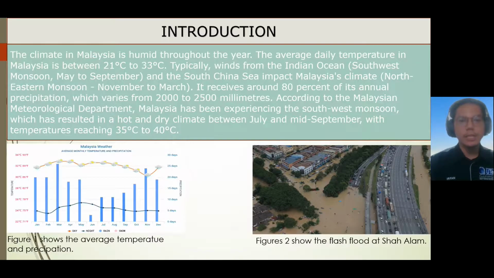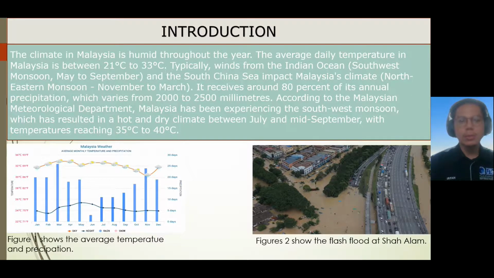Introduction. The climate in Malaysia is humid throughout the year. The average daily temperature in Malaysia is between 21 Celsius to 30 Celsius. Typically, wind from the Indian Ocean, the southwest monsoon, occurs from May to September, and the South China Sea impacts Malaysia's climate with the northeastern monsoon from November to March. It receives around 80% of its annual precipitation, which varies from